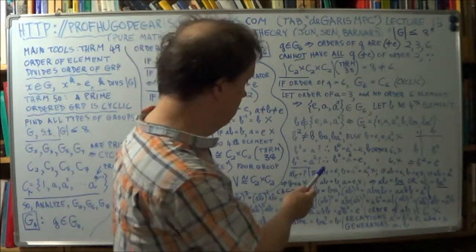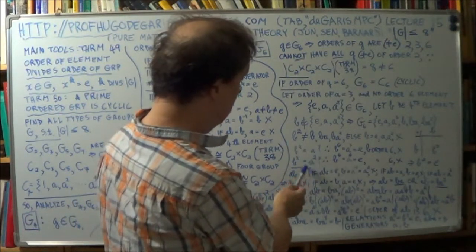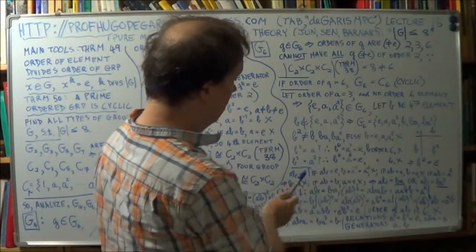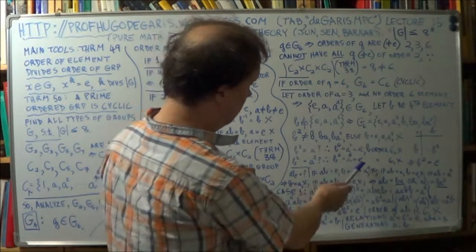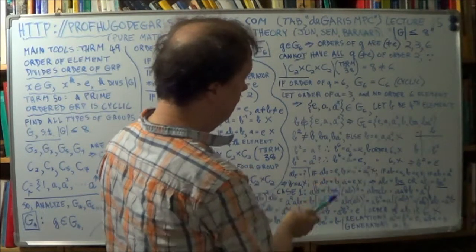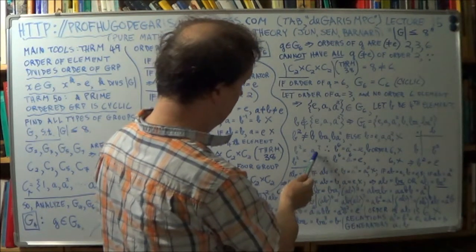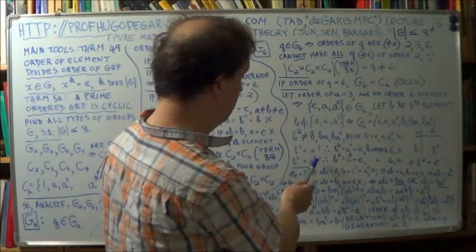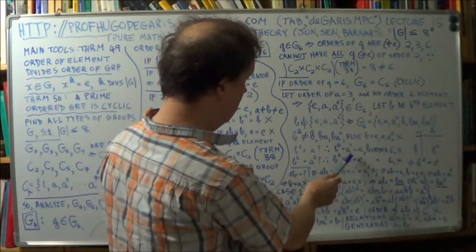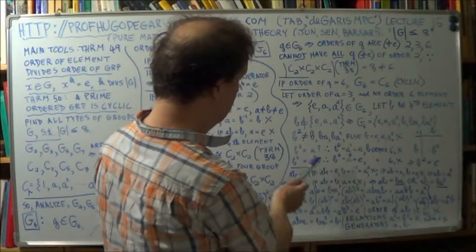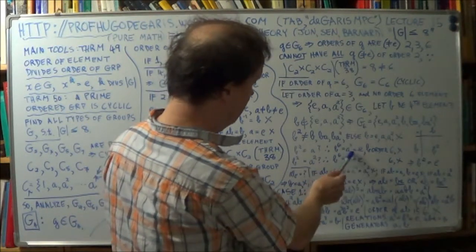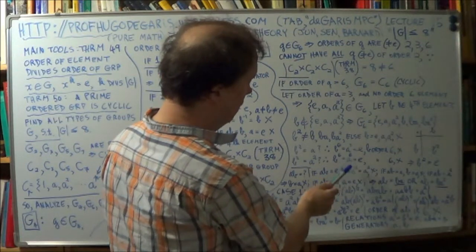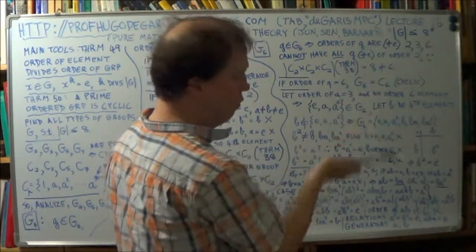That's not E. If you cube it, A to the 6th becomes E, because A cubed is E. And the first time A squared becomes E is when this is 6. So this is also 6. So the power here for the first time, as you go up, 2, 4, 6,